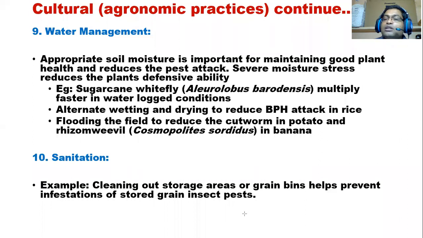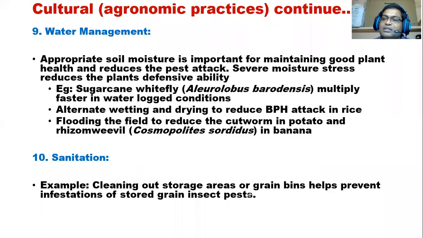Also do not allow unwanted people to go in and come out frequently. They have chances to spread pests. Other than this, these are the main cultural practices. You can easily manage the pest load, and you can prevent pest introduction into the field if you are implementing these cultural practices. These are the cultural practices mainly focused on pest management.